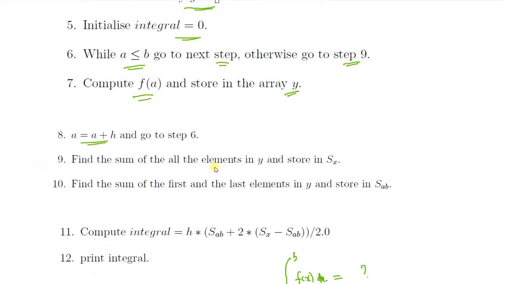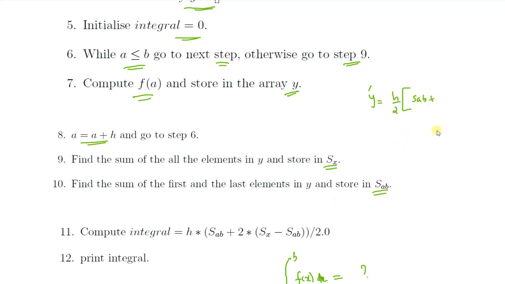Find the sum of all the elements in y, stored in Sx. Find the sum of the first and last elements in y. In the array, you find the sum of the first and last elements, Sab. So compute the integral. What is the solution? Integral y is equal to h by 2 into the sum of the first and last element, Sab, plus